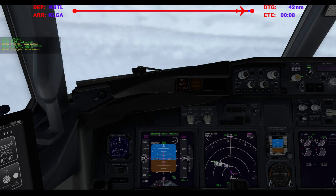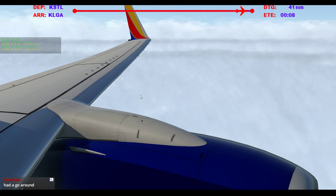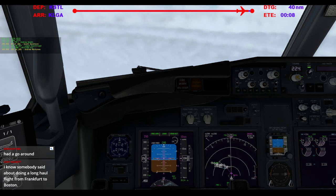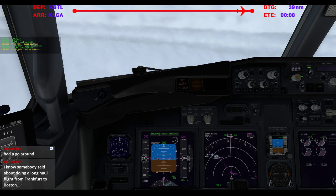North Shuttle 7701, you can resume normal speed. Resuming normal speed, North Shuttle 7701. Delta 1051, descend at pilot's discretion, maintain 4,000. 4,000, pilot's discretion, Delta 1051. North Shuttle 7701, descend and maintain 2,000. Descend and maintain 2,000, North Shuttle 7701. Delta 805, proceed direct and intercept the localizer. Delta 1051, actually,